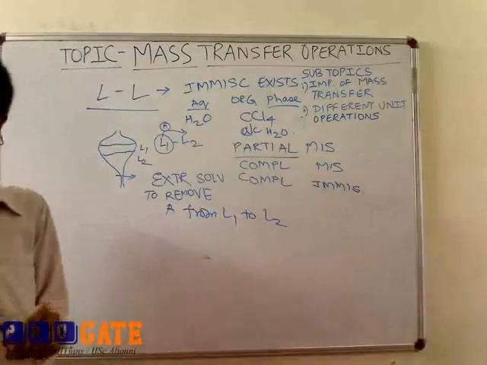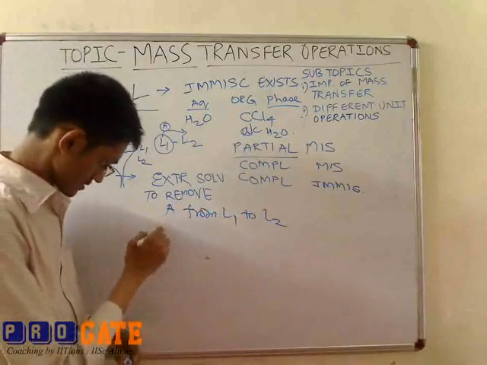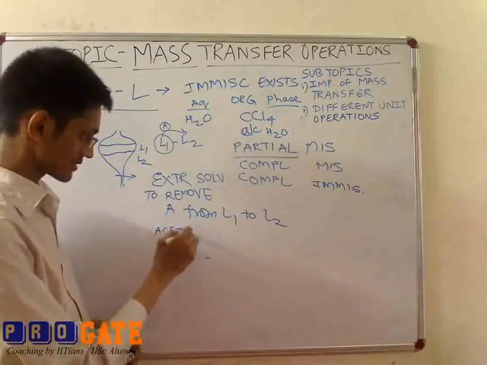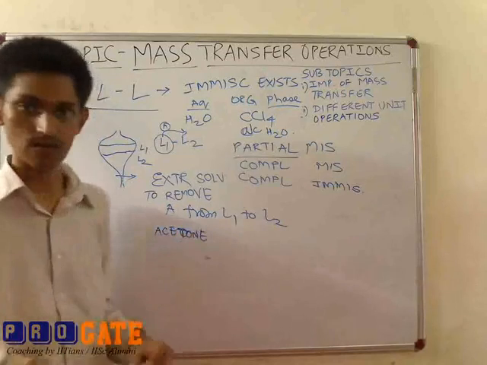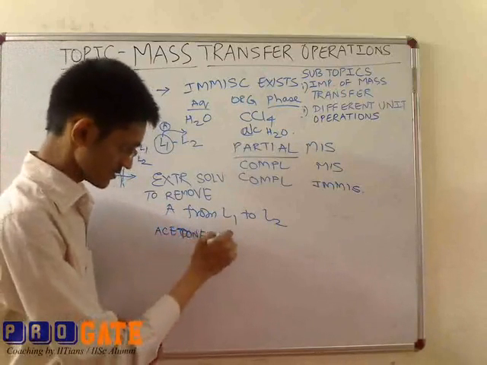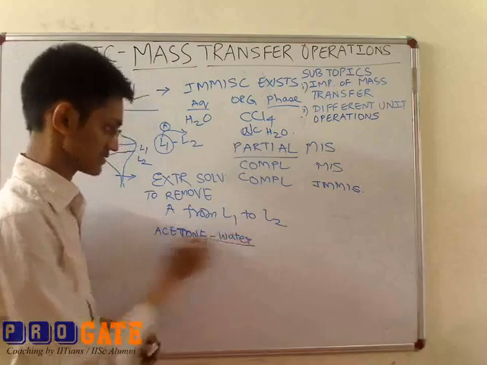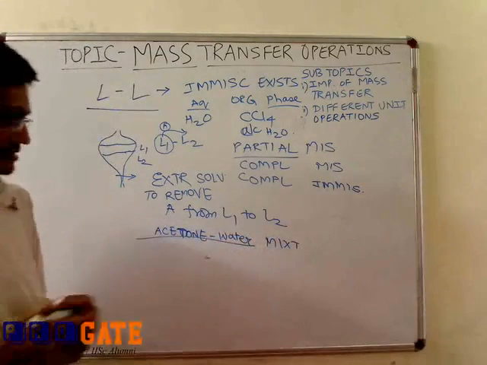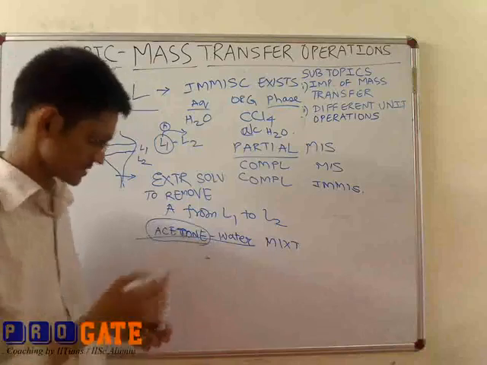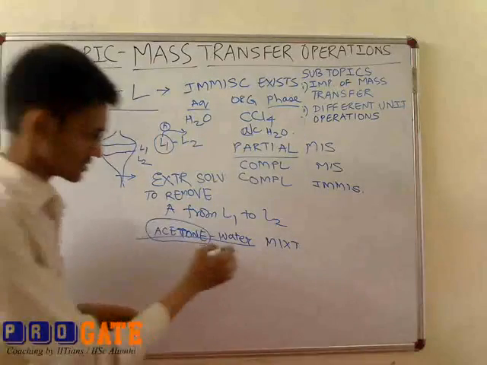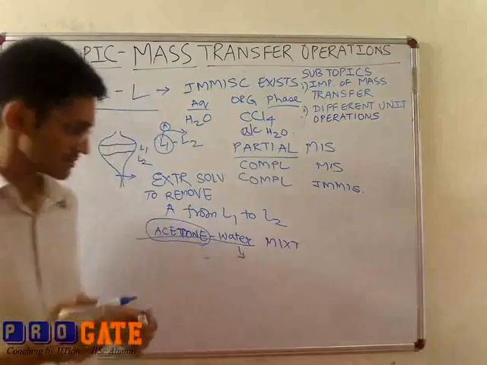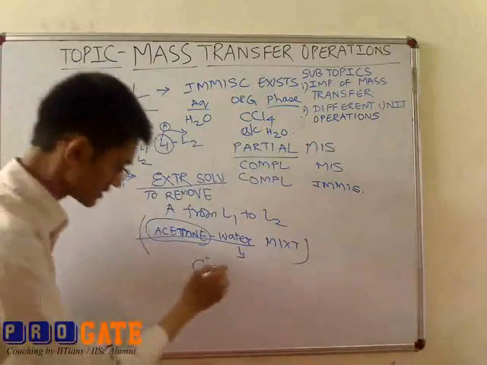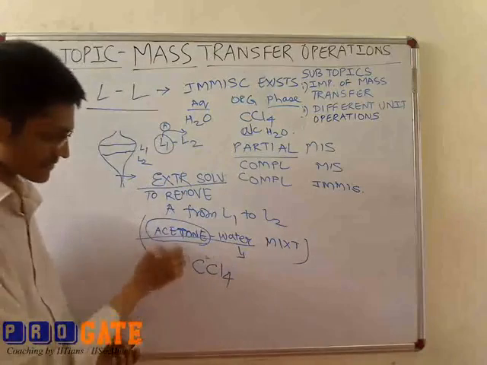So let's take the example of an acetone water mixture, from which the acetone is to be removed. So you want water devoid of acetone. So what you do is you make use of the extraction solvent. The extraction solvent is maybe some organic phase which will have affinity towards the acetone,